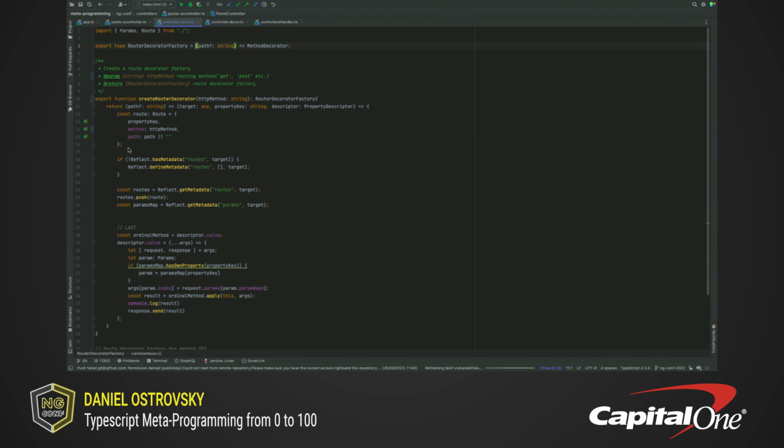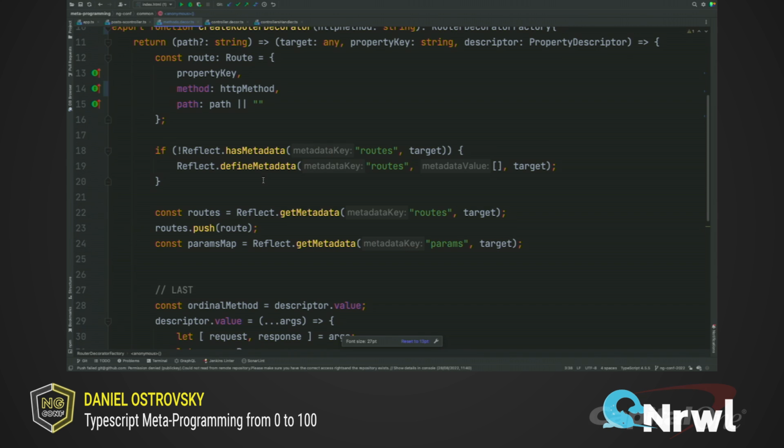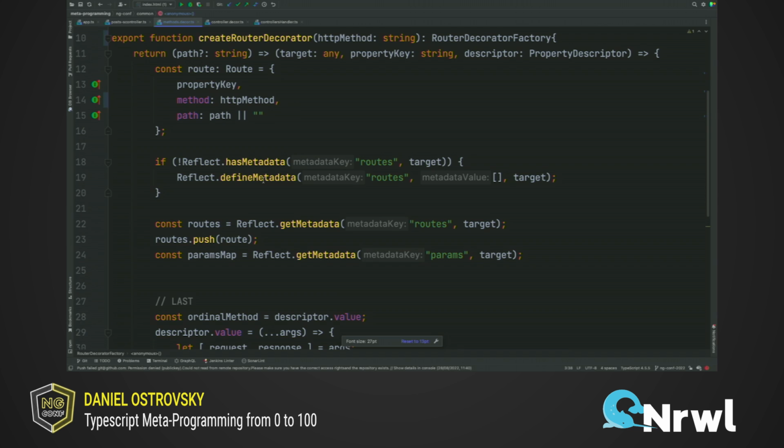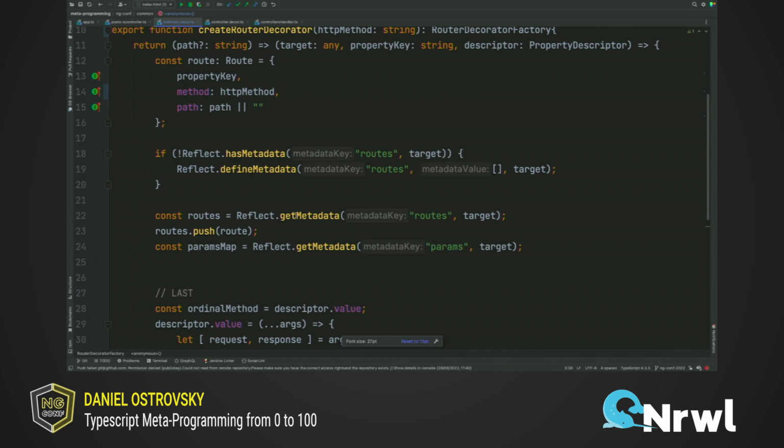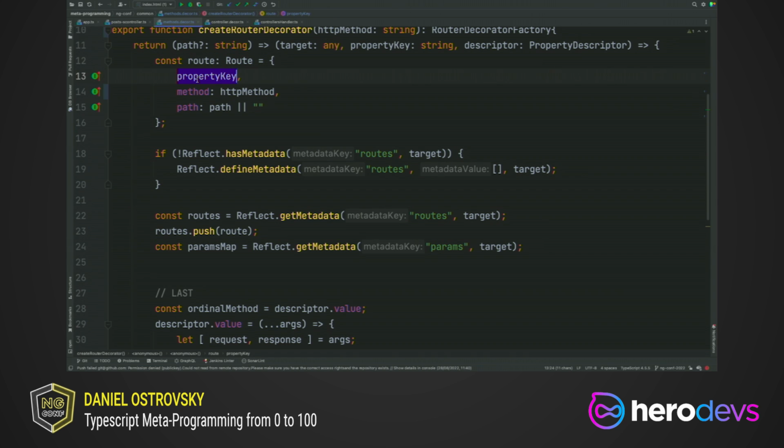Similar to the get and post decorators, we can see here that we are saving it differently, because there are many methods on the class, so we are not going to save it as a simple key and value. It's going to be a list of values, and each row will have a property key, which is the name of the decorated method, the HTTP method, whether it's get, post, update, or delete, or whatever we want, and the path it will be responsible for.